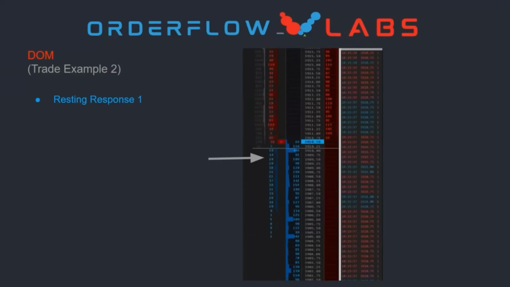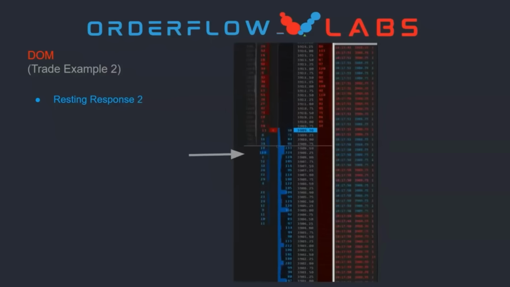They fill this here. And then there's an attempt to reload and refresh that. So a resting response would be something like that. You have that 123 offer here. You want to see how this does in here with that 70 that continues to reload. Well, how they do there, they pull and they fill that guide through there, and then they begin to stack them in. Here's another one with these 230s